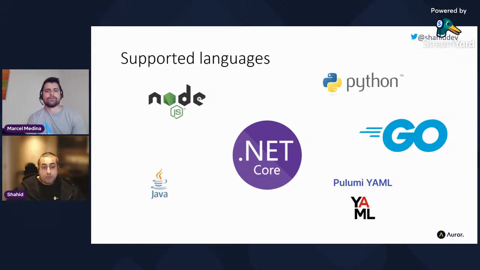They also have support for Python, Go, Java is fairly recent, and then this YAML provider is quite an interesting one. It's funny because one of the main platforms that you can target with Pulumi is Kubernetes, and one of the selling points was, hey, look, use Pulumi to get rid of your YAML, and now you can use YAML to target Kubernetes and then write YAML with YAML. But anyway, it's a fairly interesting idea.